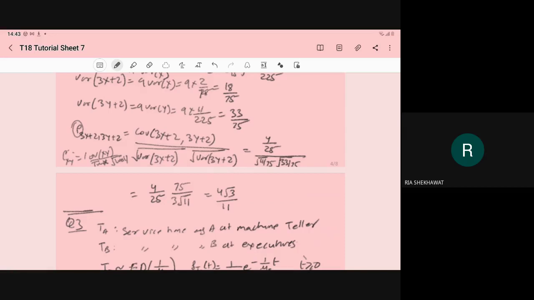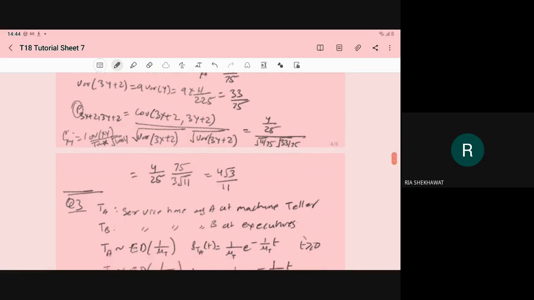The correlation coefficient we always compute for the joint density only, when we have more than one variable. It means if we are varying x, then how y will vary, or when we are varying y, then how x will vary. That you can compute with the help of the covariance and the correlation coefficient.